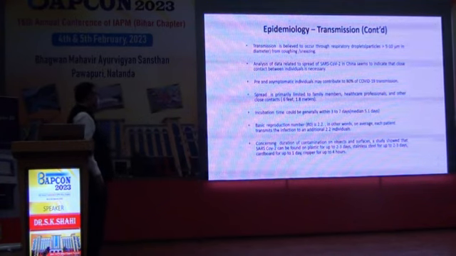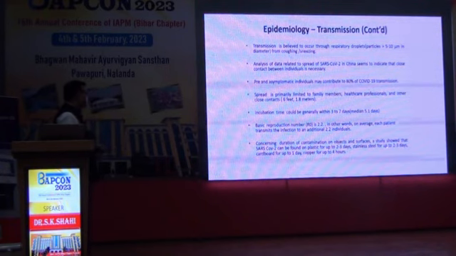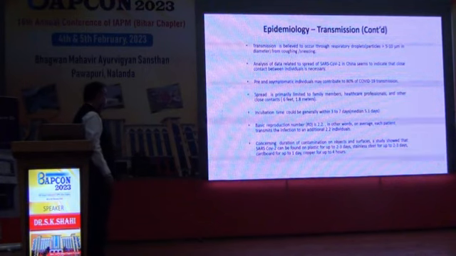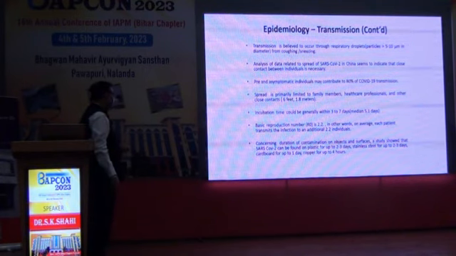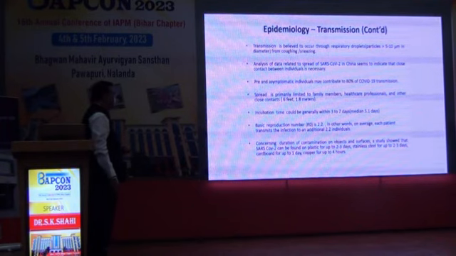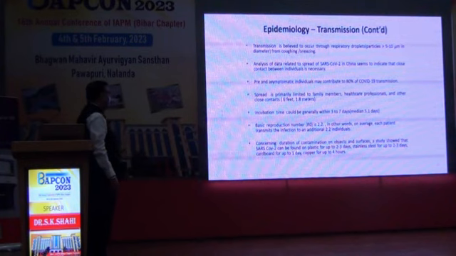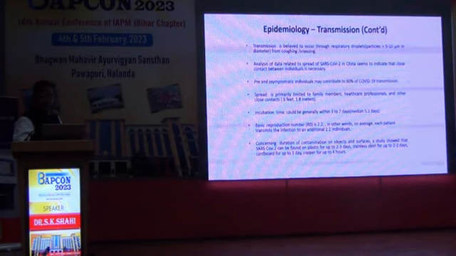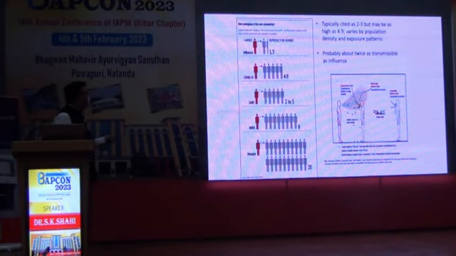And concerning the duration of contamination of objects and surfaces, कहाँ ये रहता है? Again, you can find out that on plastic it lives up to 2 to 3 days. On stainless steel it is up to 2 to 3 days. On cardboard it is 1 day, and on copper it is up to 4 hours. This is a short